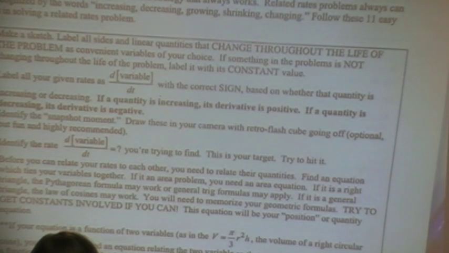Identify the snapshot moment. That's the instantaneous moment. Because those are not derivatives. So you're always looking for that instantaneous